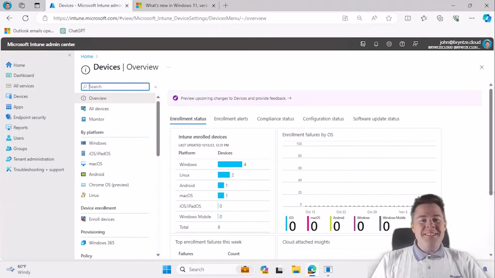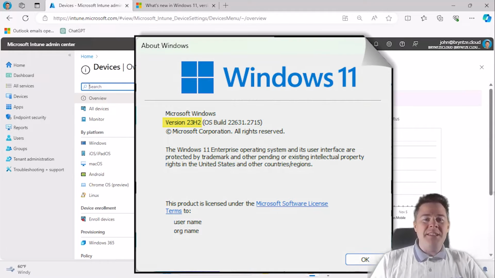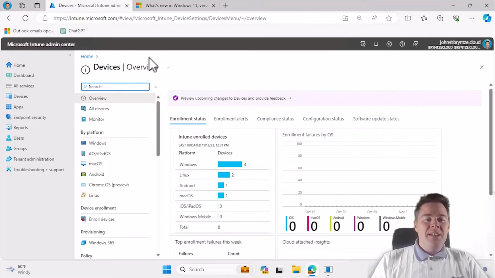Hi Intune friends, in this video, hopefully pretty short, we're gonna upgrade the machine to Windows 11 23H2, which at this recording is fairly new. So we're gonna do two steps. First, we're gonna enable it in Intune, and then it's gonna take some time, and while that takes some time, I'm gonna go through and show some of the features of it as well, and then we're gonna do the